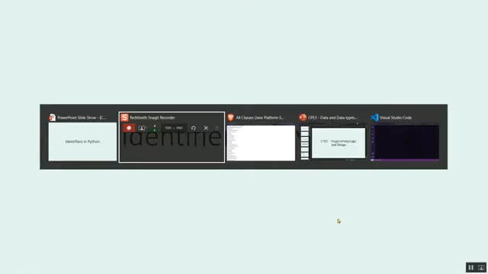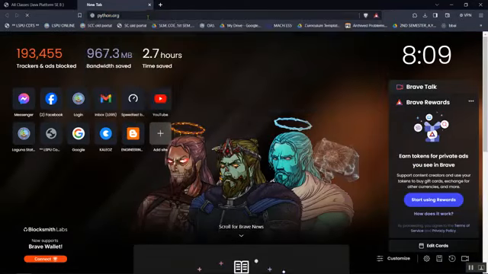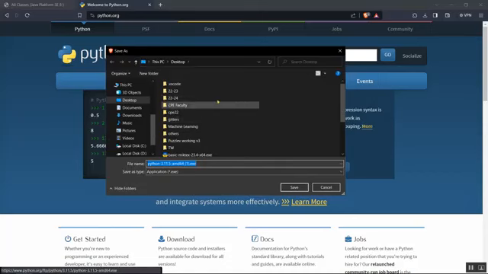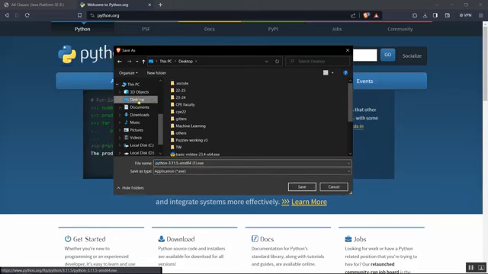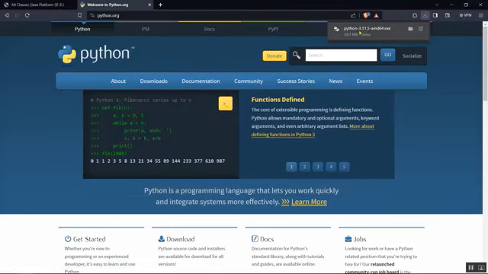Now, let's try to install Python on our computer. So first, let's go to python.org, and then as you can see here, there's a tab which says downloads, and then at the lower corner or center of this page is the Python 3.11.5 button. So you just need to click on this button, and then this window will pop up, and then you have to choose which location it should save the installer. So for now, I'm gonna choose desktop, and then make sure that you memorize the path on where you save the installer. So I'm just gonna hit save, and then that's it. So once it's downloaded, you have to click it,